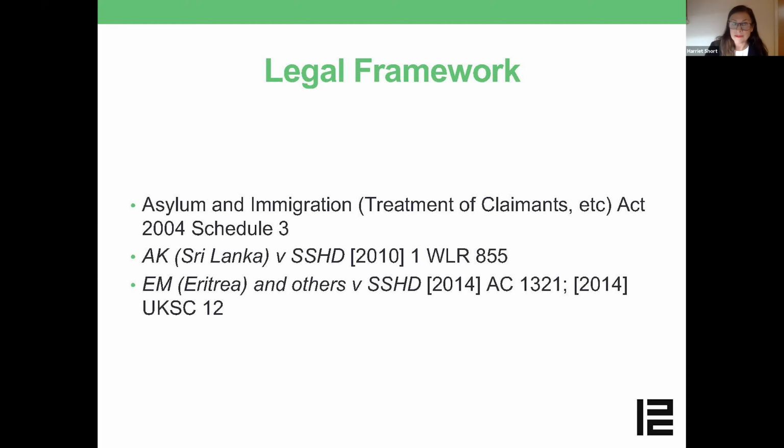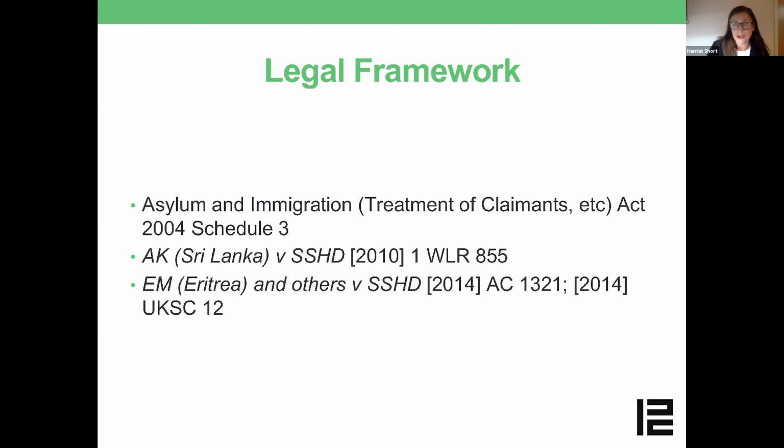If that person then makes a human rights claim, says, no, you can't remove me to this safe third country because my human rights would be breached in Greece or in Italy, the Secretary of State for the Home Department has the power under the same schedule to certify the human rights claim as clearly unfounded. Clearly unfounded